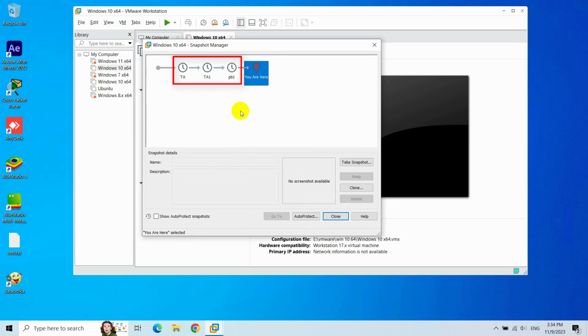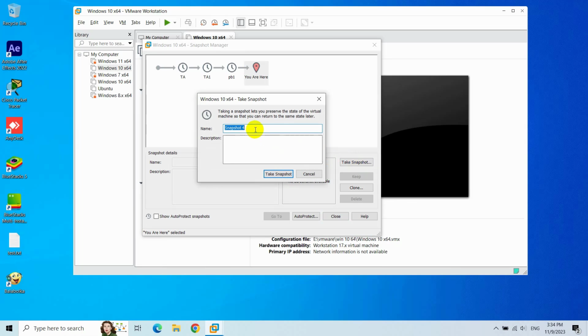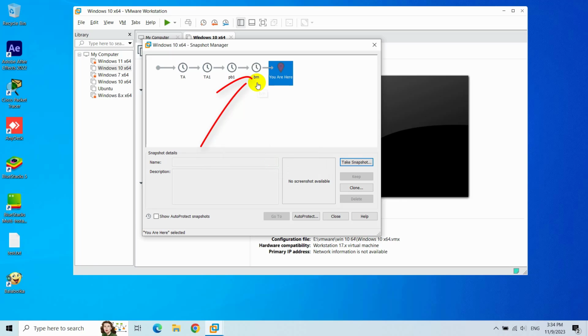To create a snapshot, you choose Take Snapshot, and then a tab will appear for you to enter the name of the snapshot version. You can leave the default name or change it, and then select Take Snapshot to create a copy like the previous one. When you want to delete a version, just select the snapshot you want, then select